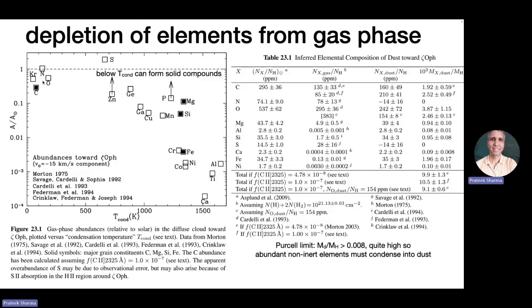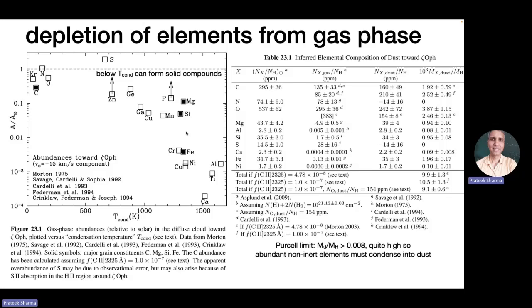But you see, this is krypton, oxygen, carbon, nitrogen. This one is where you expect if there was no condensation into dust grains. Look at this calcium. Almost all of the calcium is not in the gas phase. But we don't really talk so much about calcium because it's not one of the most abundant elements. So even if all of it is in the dust phase, it cannot be the major dust contributor because its abundance is small. It's only these, carbon, oxygen, silicon, magnesium, and even iron, that we care about because their abundances are higher.